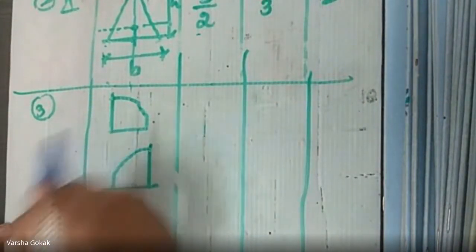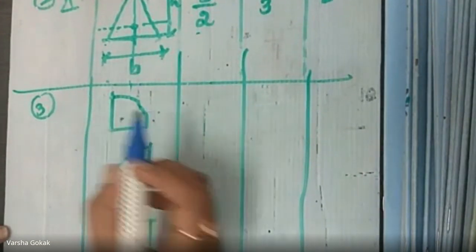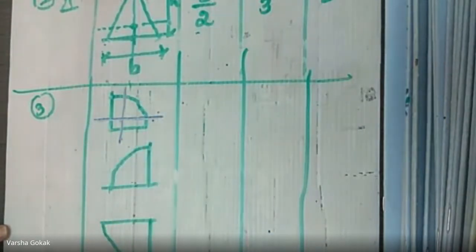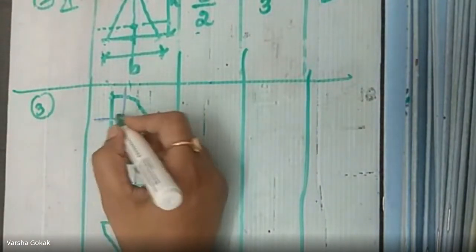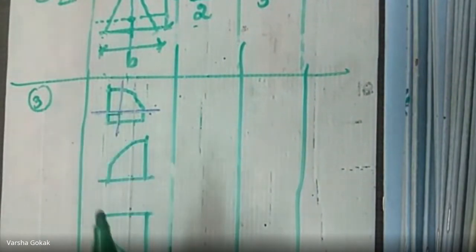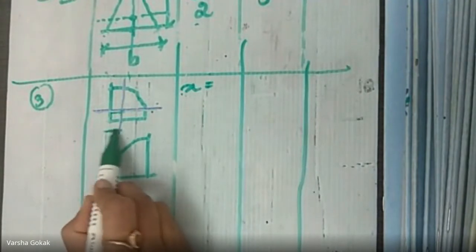So for a quarter circle, first let us mark where the CG is. CG is going to be from this place here somewhere. If I draw the line of CG, centroidal axis, it is like this. And we saw just now, prior 10 minutes, that when we derive for the CG, the distance is 4r by 3 pi. This is also 4r by 3 pi. This is also 4r by 3 pi, correct? So what is the value of x bar, please? This distance, how much?